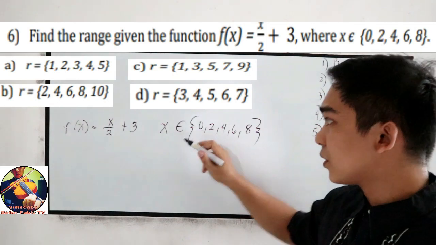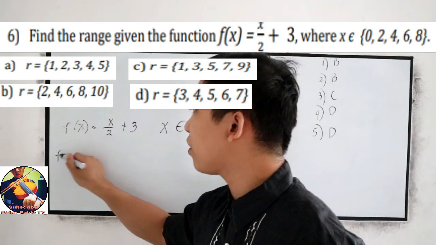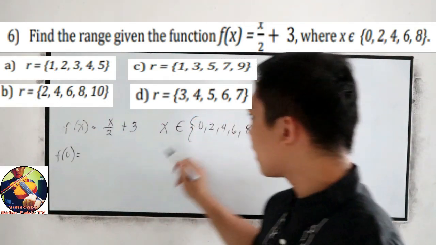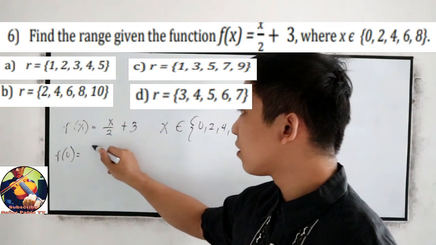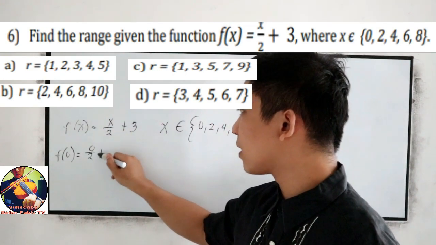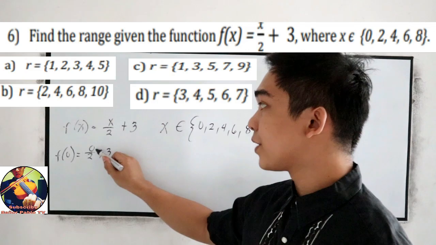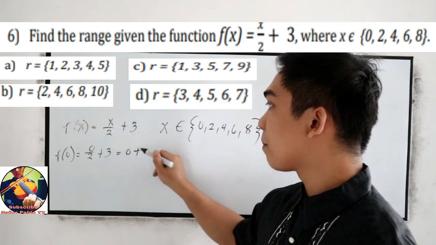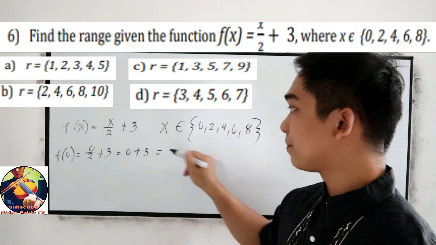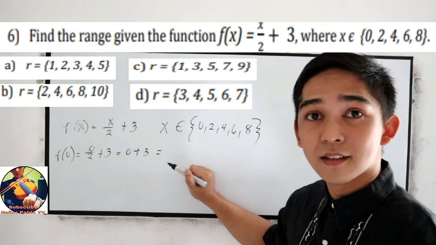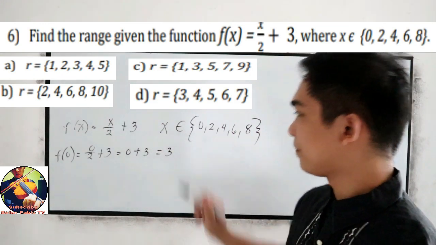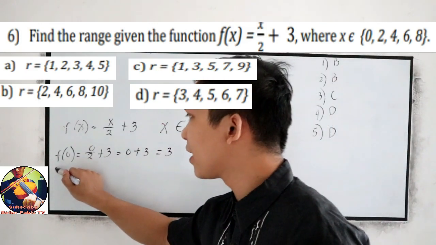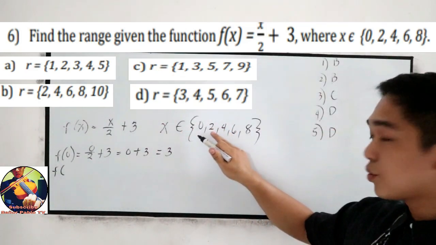So let us substitute. If we have f of 0, that will give us 0 over 2 plus 3. 0 divided by 2, that is 0, plus 3. What is 0 plus 3? That is 3. If we have f of 2,